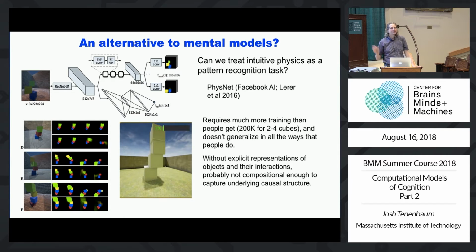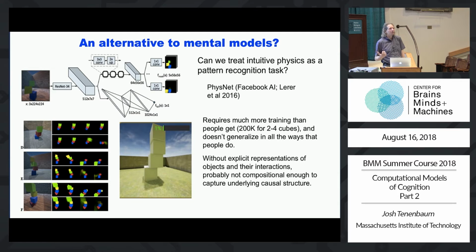So you train the system on 200,000 images of cubes. In particular, it works especially well if the cubes are all different colors, because then it gets nice pixel flow information. So you can train it on cubes like 2, 3, and 4 cubes, and it can generalize in some ways. It can generalize to 5 cubes. Most impressive generalizations it makes are to actually real-world images of cubes, of the same cubes. I'll show you that actually in a bit.